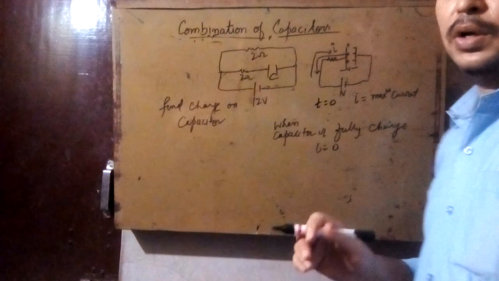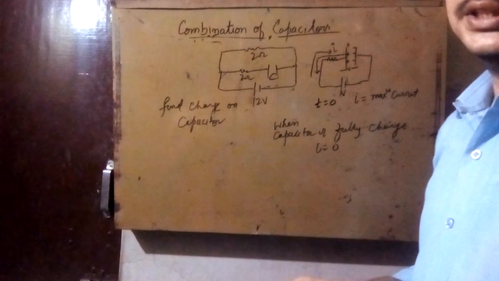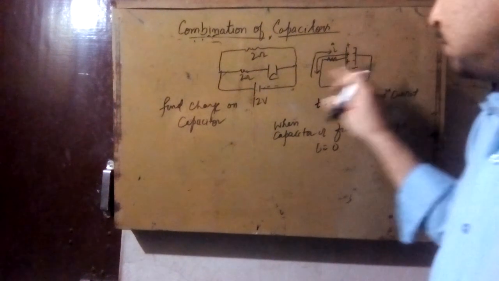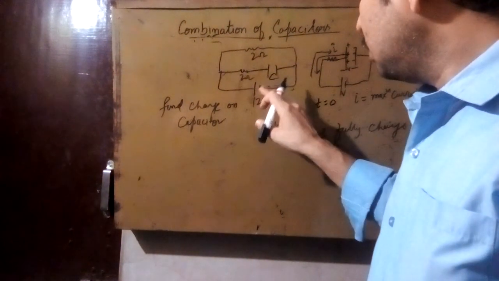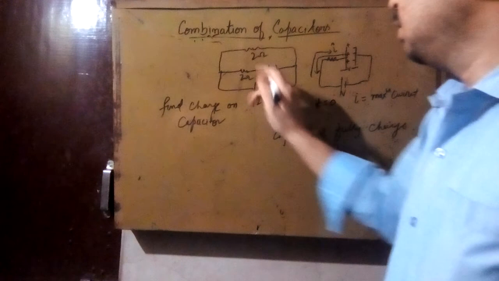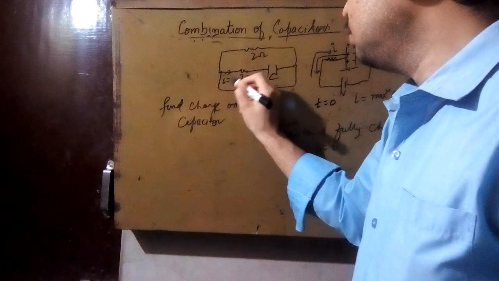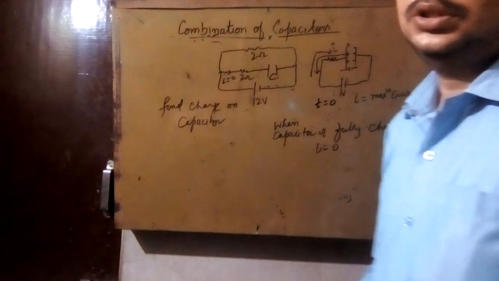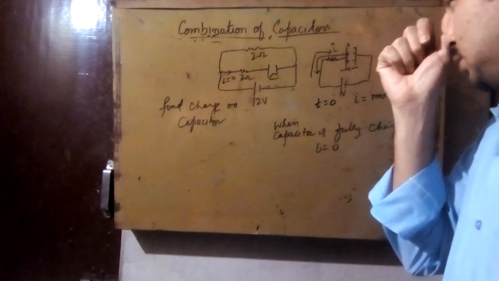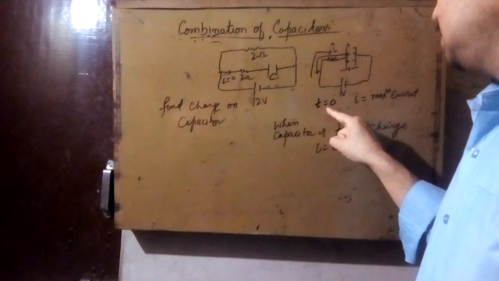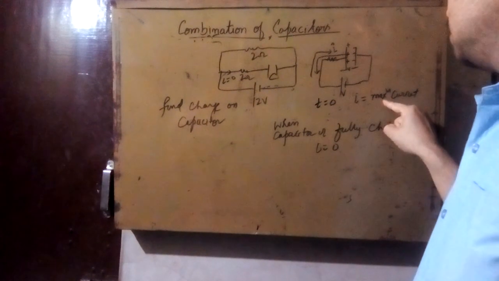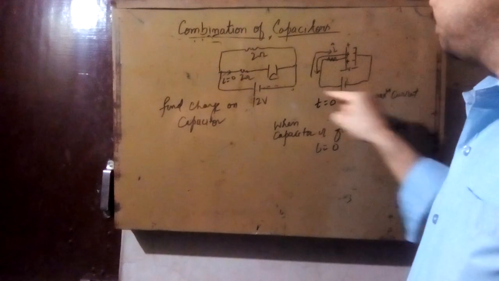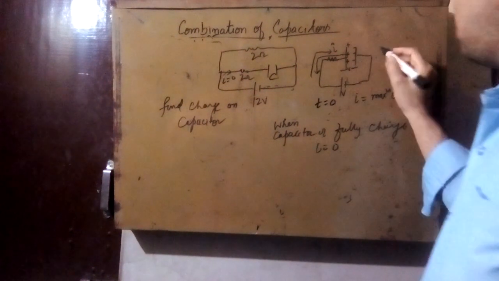This you have to keep in mind. So when it is given in a question, generally it is given for steady state. In steady state you have to consider that this capacitor is fully charged, so no current will pass through this. No current will pass through the branch which contains the capacitor. So keep this in mind. And initially when the time is 0, maximum current will pass, meaning the capacitor will behave as a short circuit, so you can draw the circuit like this.